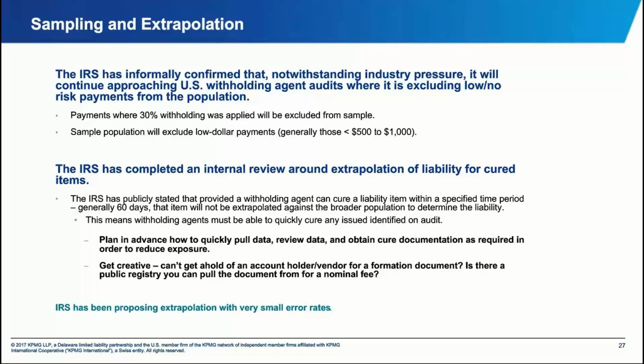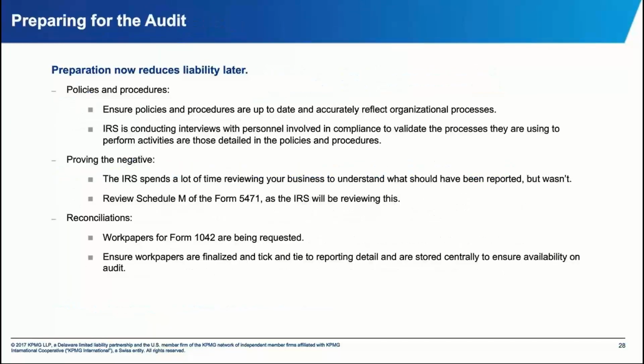So just in the last slide, why is this important? Because to the extent you can prepare ahead of time, you can save yourself a lot of headache. You can make sure you've got policies and procedures, read them, make sure that they are current. We've had changes in this space. Make sure that you're reconciling Forms 1042 and your 1042-S. If you've got large volumes of payments, you might even want to consider that on a monthly basis, but definitely on a quarterly basis. You don't want to be reconciling something that happened 3 years ago when the IRS comes in. And then again, look at that 5471 if you've got foreign entities that you're making payments with, and make sure that